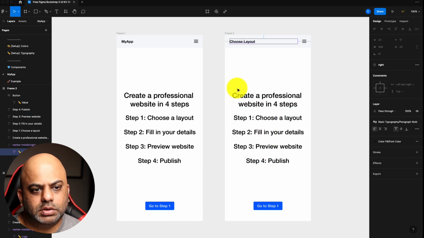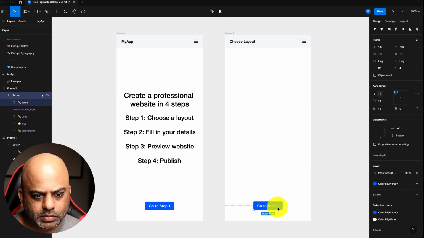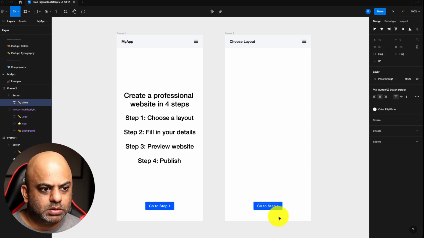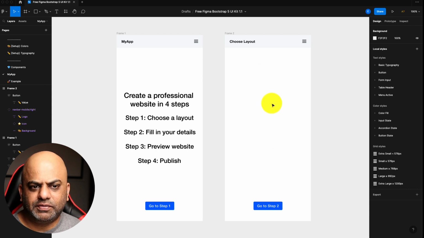I'm going to need these ones. Go to step 2.